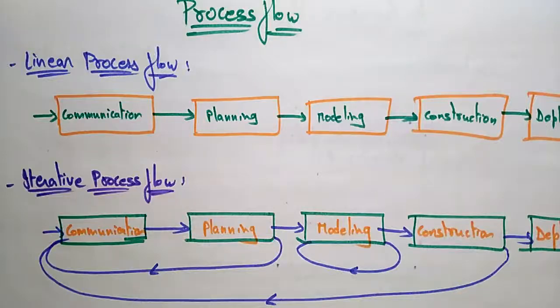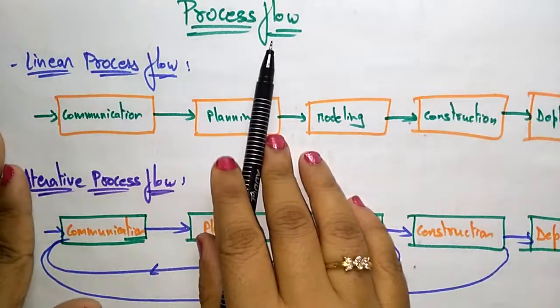Hi students, coming to the next topic, that is the process flow. Whatever process you are taking, how is that process going to flow? A process, or a product, or a thing, or whatever activity you are dealing with has to follow some process. Means there is some flow that has to take place. That is a process flow.